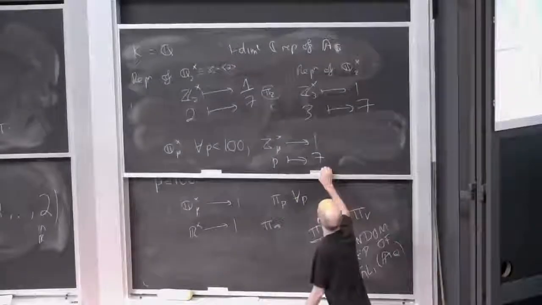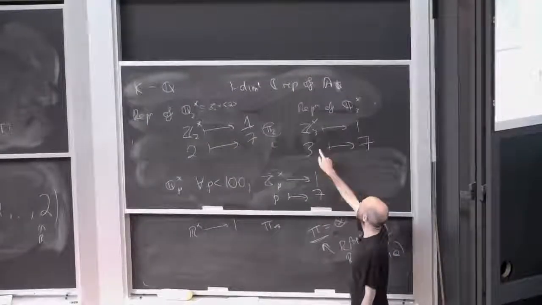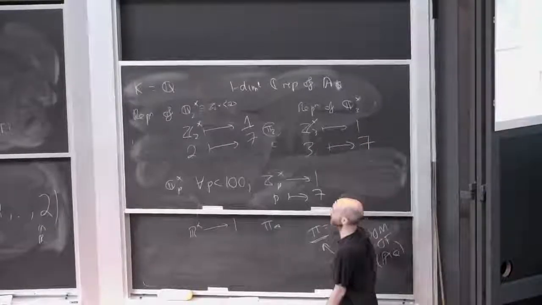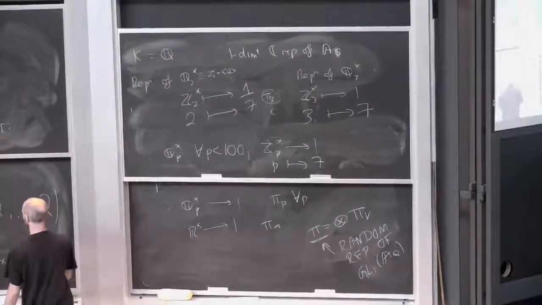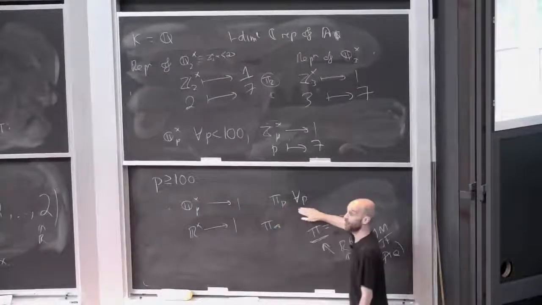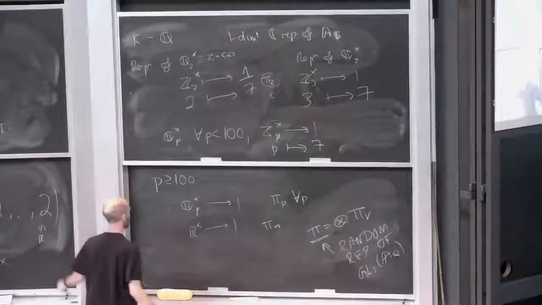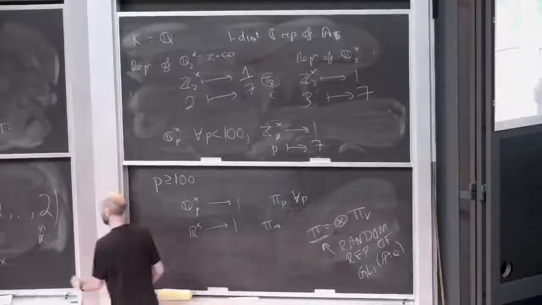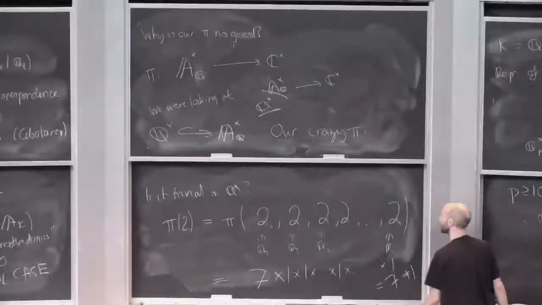where does that 2 in Q3 go? I decided to kill all the 3-adic units because unramified things are nice. So 2 is in Z3 star, so it goes to 1. And I killed all the units for p less than 100, and then my PhD student killed them all for p bigger than 100 because they killed everything. And at infinity, we've got a number 2, and that got killed as well. So that equals 7, which isn't 1.